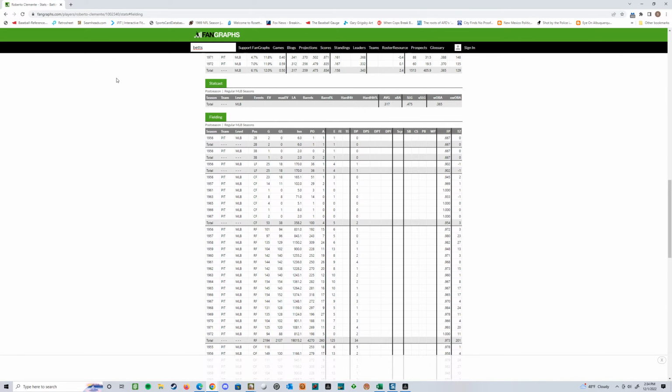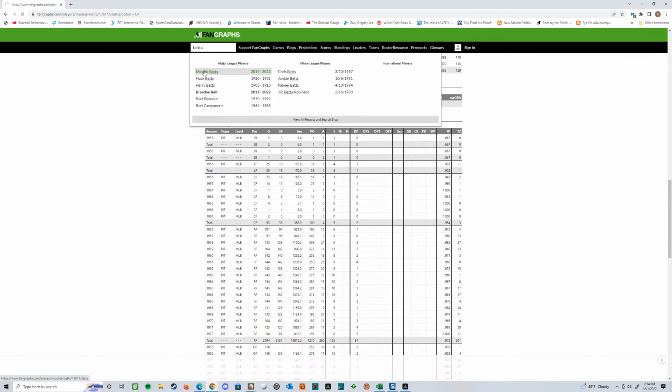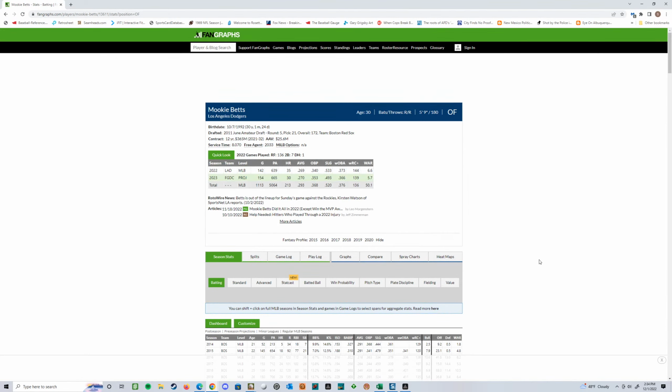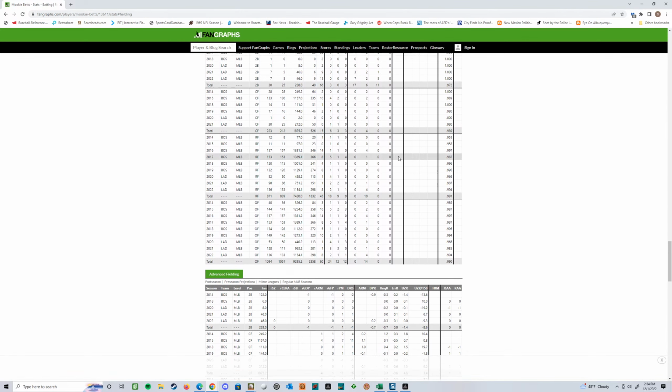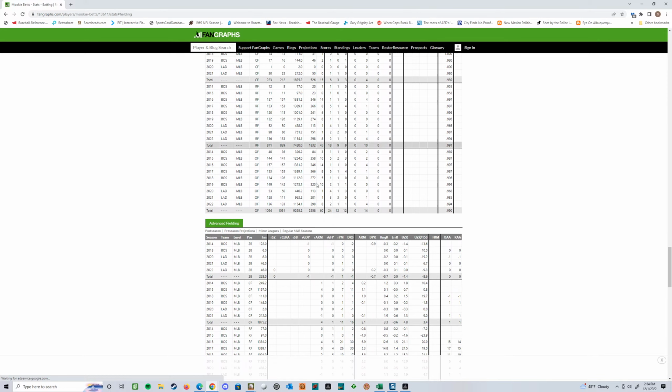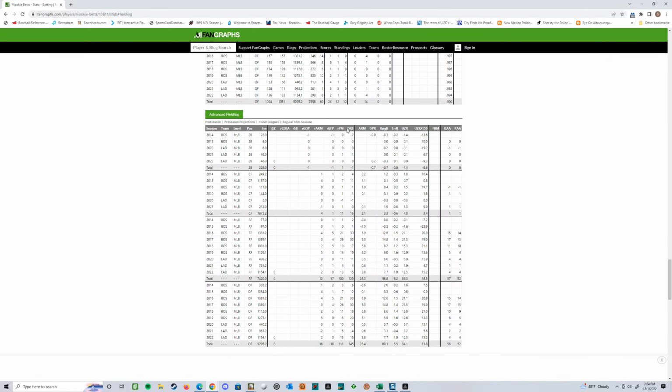Let's look at Mookie. Mookie Betts. So after about 2002, when they go to fielding, they're going to view it a different way. This is the way they're using some of the old ratings here, total zone. But right now, you can get over here to defensive runs saved from the Fielding Bible, which I love. And look at these numbers right here. So when I'm doing that and these are 30s, yeah, he's earned the 10. Let's put it that way.